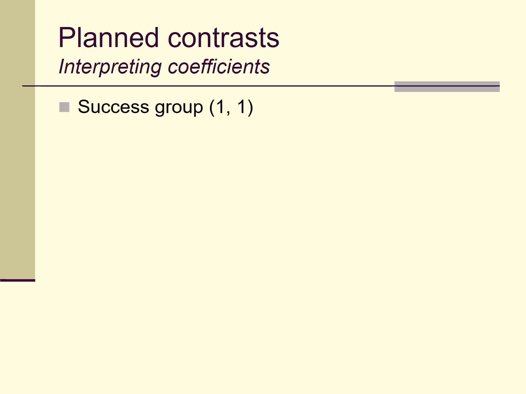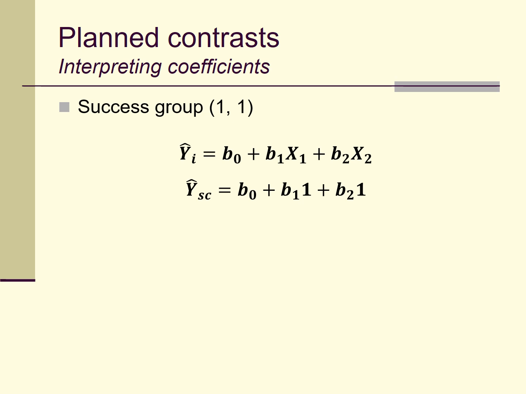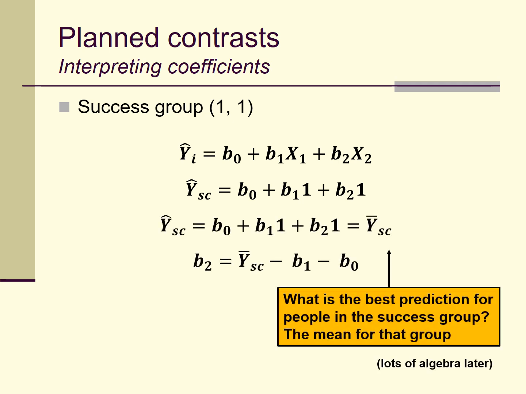Now let's continue, and we'll talk about the group that is coded 1, 1. That's the success group in our coding scheme. If we take our basic equation and substitute in those values, we know that the prediction for folks in the success group is going to be the average for that group. We've already solved for b sub 0 and b sub 1. What we'd like to do now is solve for b sub 2. After a whole bunch of algebra that for the moment I'm going to skip,